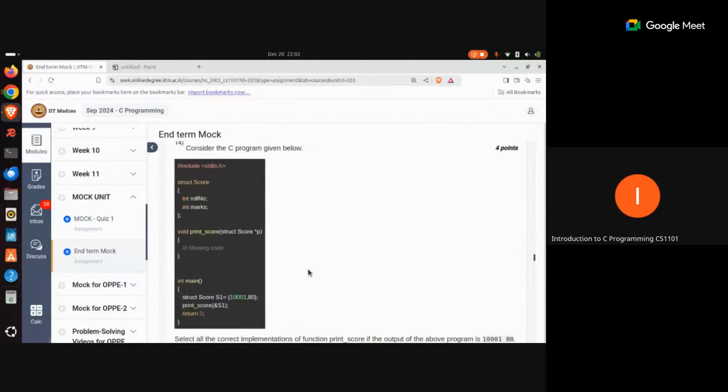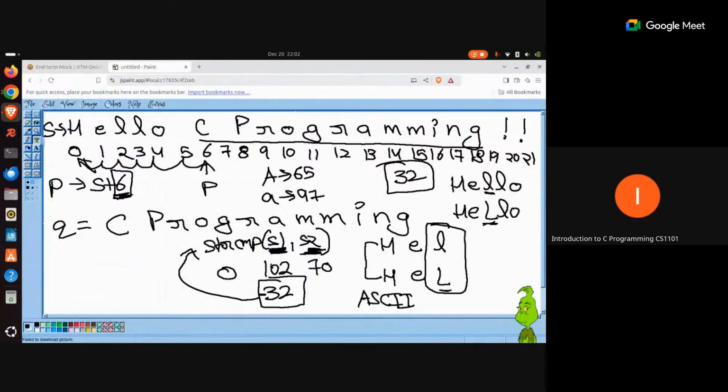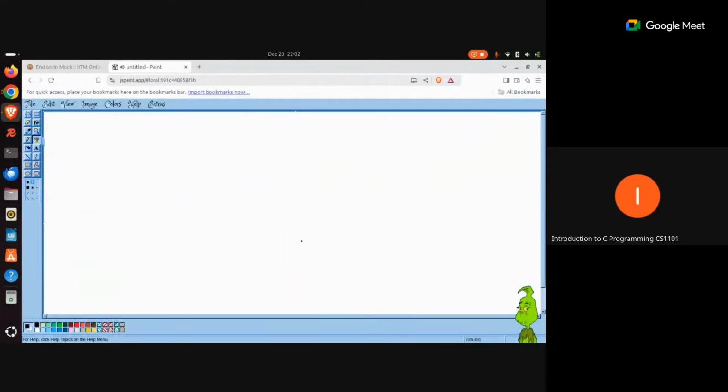Okay, so this is a concept based on structures. Fine. So we have discussed all the important concepts from week 7. It's time to move to week 8. In week 8, we are taught about 3 more user-defined data types. And those 3 are structures, unions, and enums. Okay. Let us first talk about structures.